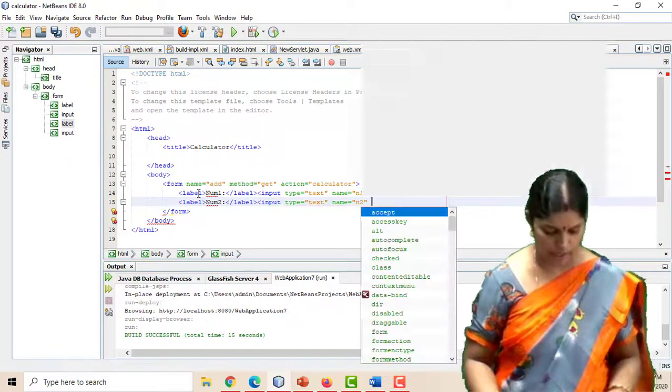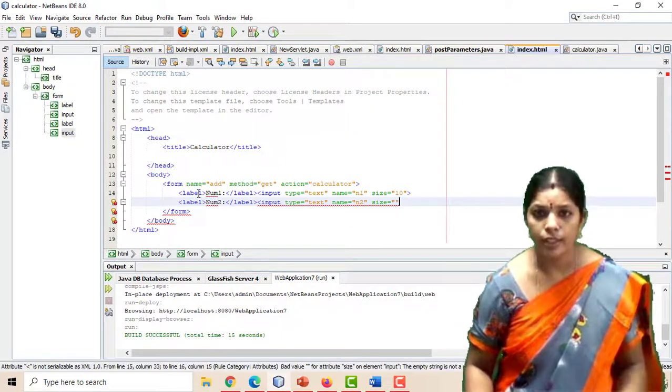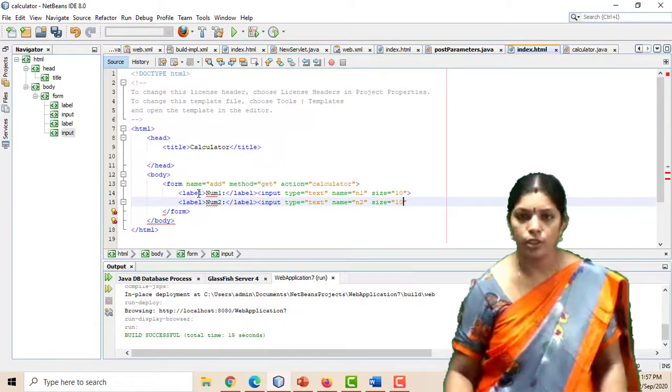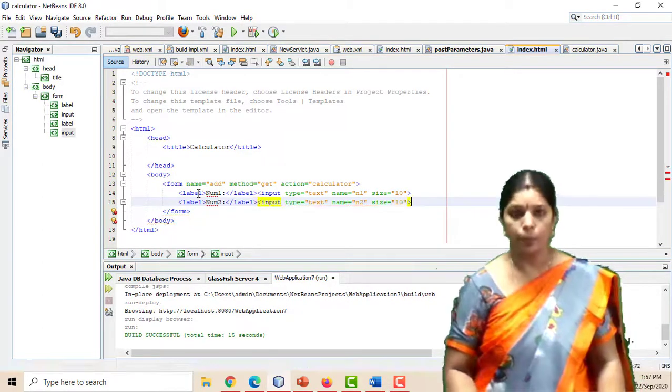Next, the size: same size, size equals 10. After the size we close the input.